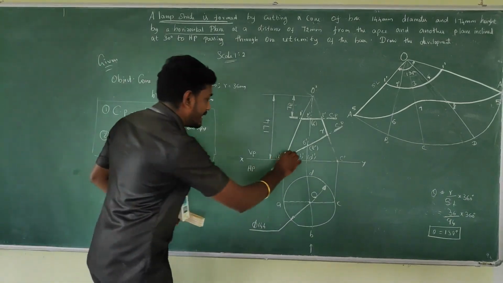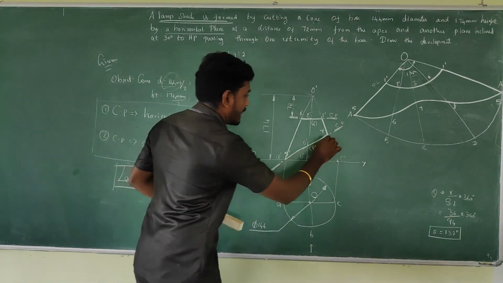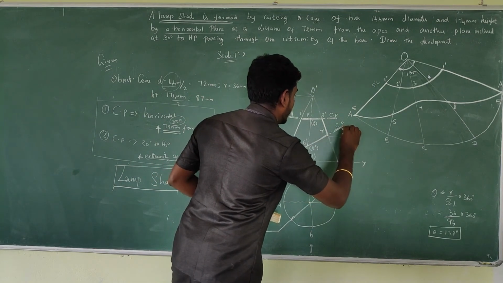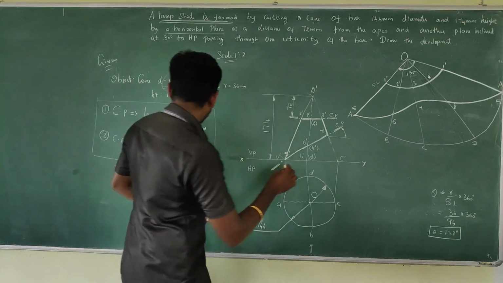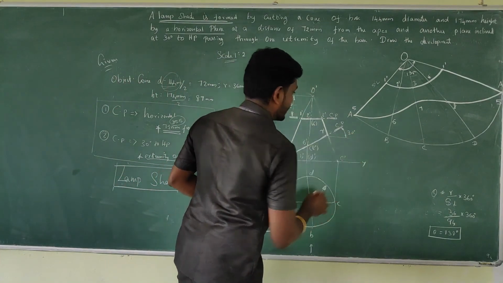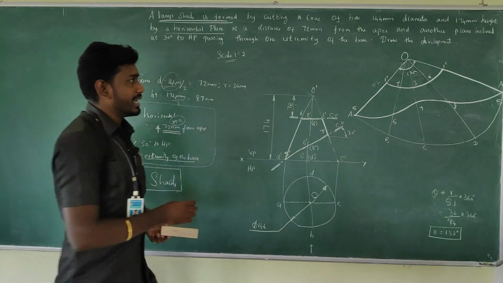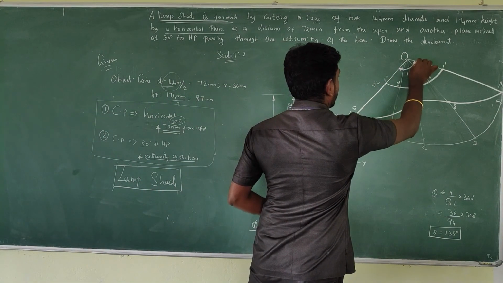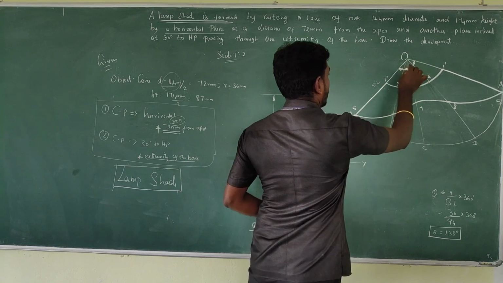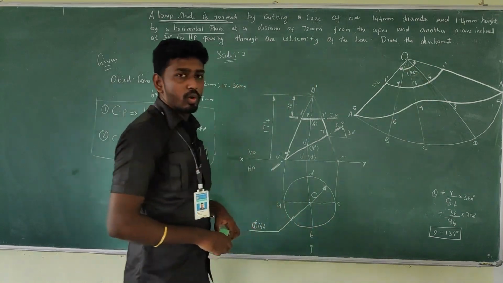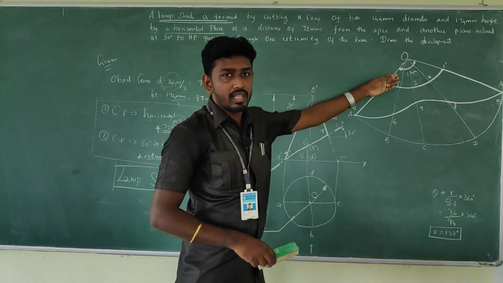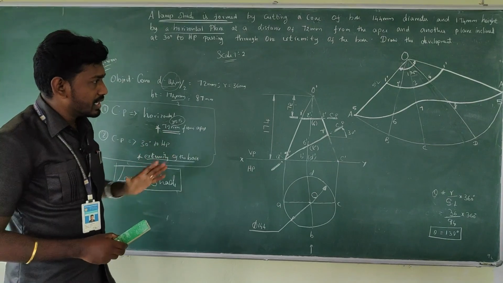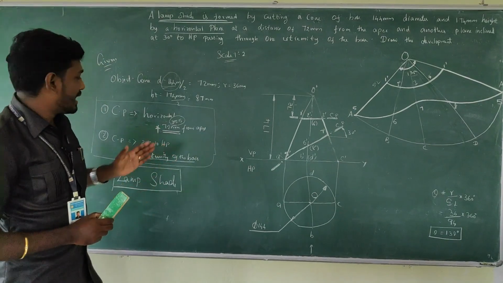Any other? Here the inclination can be shown. Okay, I'm going to show here. So for that, take the horizontal line and take the inclination and write the inclination 30 degree. Here as well you need to show the inclination of theta value 138 degree. There as well you need to show it. Okay, I hope I have completed the entire profile of the lampshade.